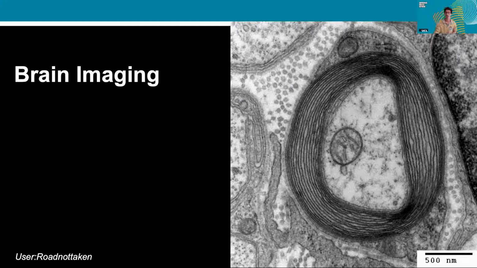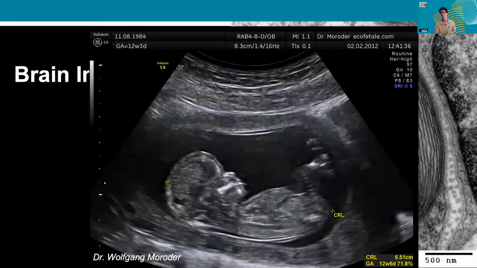Now, in a clinical setting, imaging living tissue, ultrasound is a very easy and cheap way of doing so. Unfortunately for the brain, ultrasound doesn't really work because ultrasound does not go through bone. It'll just reflect on bone. So imaging a baby in the belly of an expectant mother is easy because there's no bones in the way. But imaging the brain is impossible from a very early age once the skull fuses and closes up.